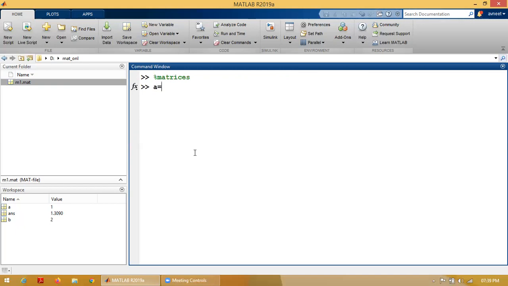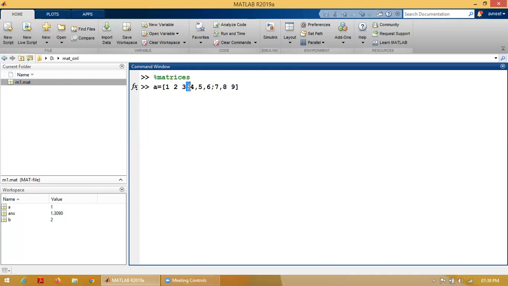A is equal to a square bracket. Please use square brackets, and let's say you have some data. You can use space or you can use comma. Both are the same, and I'm using semicolon in between. I'll just show you. I'm using space here. See, I have just used space here 2 times